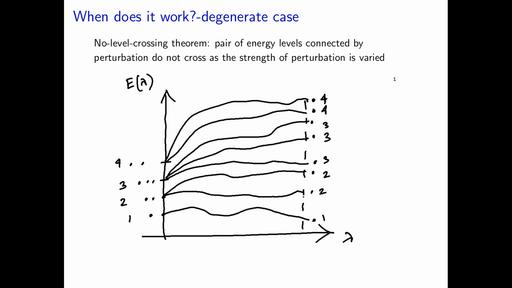So let us say I have 4 energy levels, 1, 2, 3, 4, and they are degenerate, and the dots represent the degeneracy. The first one is singly degenerate, the second one is doubly degenerate, the third one is triply degenerate, and the fourth one is again doubly degenerate. Which means there are 3 states at the same energy at level 3, 2 states at the same energy at level 2, 2 states at the same energy at level 4, and 1 state at level 1.